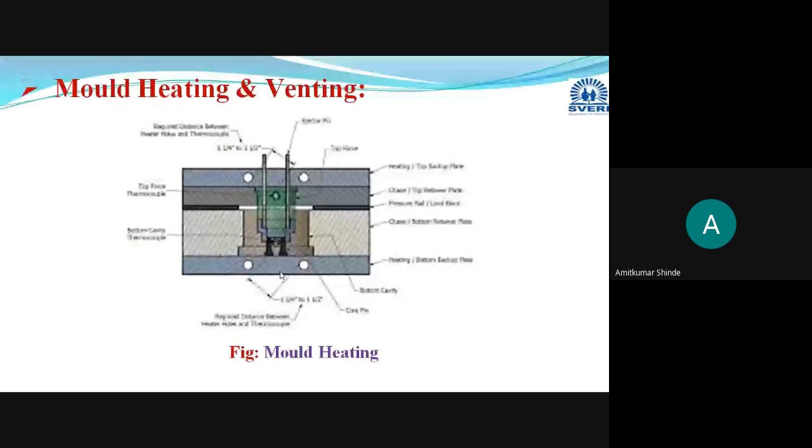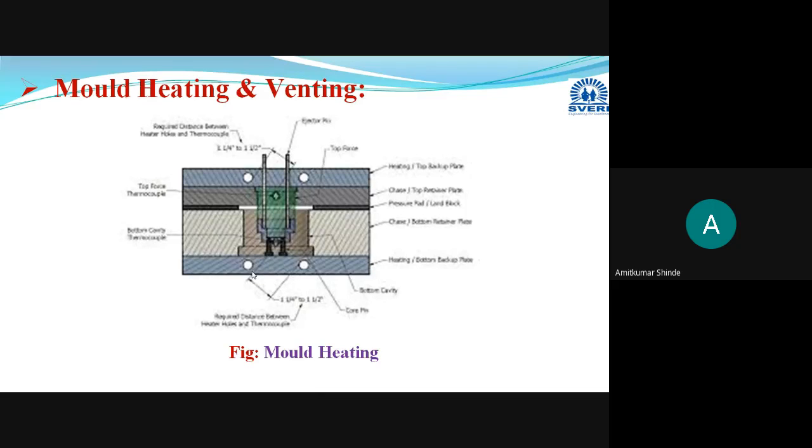Okay, sorry for the disturbance. Now here I have mentioned some dimensions. This is the location of the thermocouple. The location of the thermocouple, or the distance between the thermocouples or whichever heaters, should be placed at the optimum location. Why is the placement or location a very important aspect here?